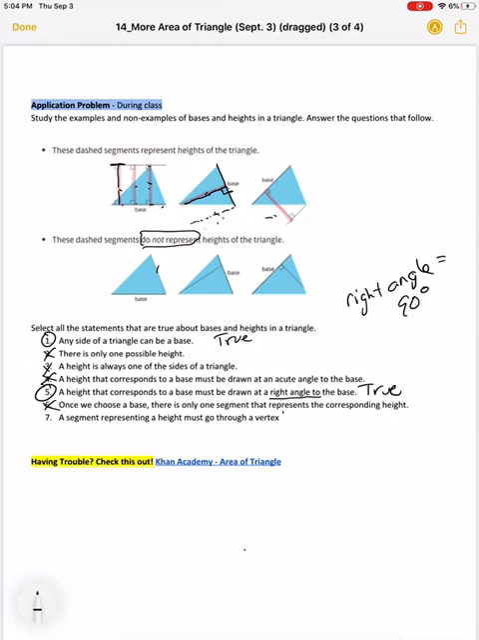So not true. The segment representing the height must go through the vertex. Here's the vertex, vertex, vertex. Here it goes through, but it doesn't, and it does here, but it doesn't over here. And it doesn't in these two, so no. Okay, so now,